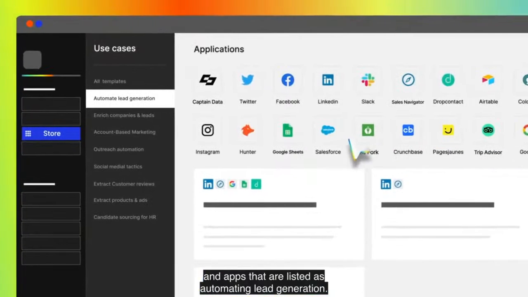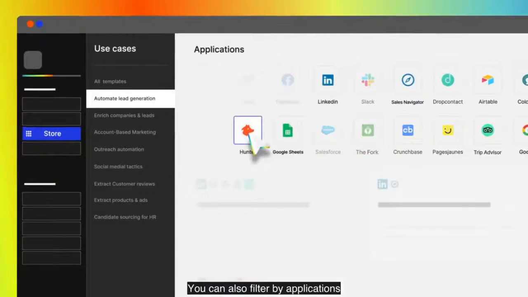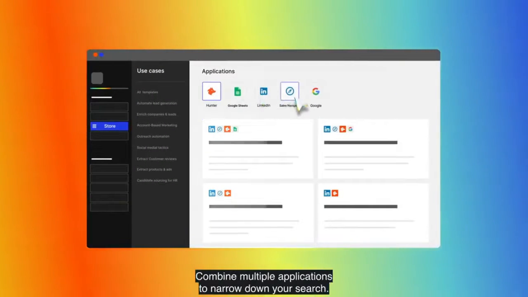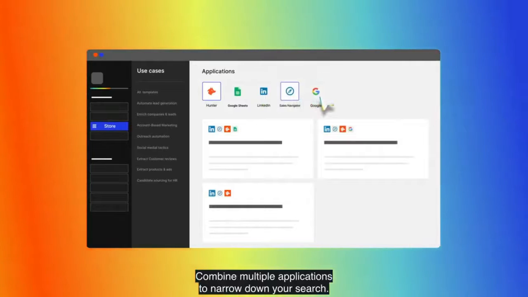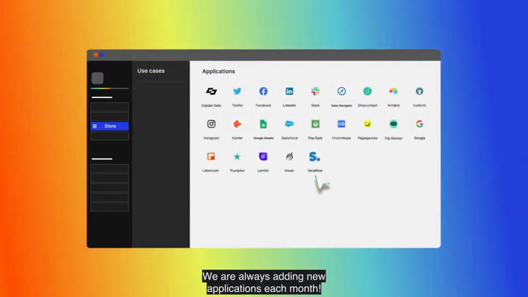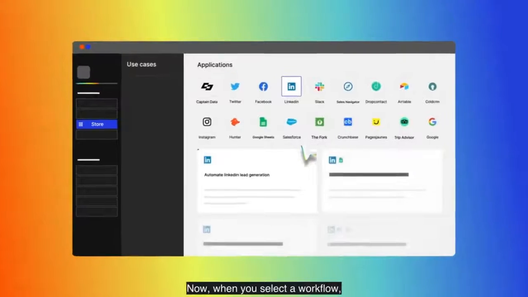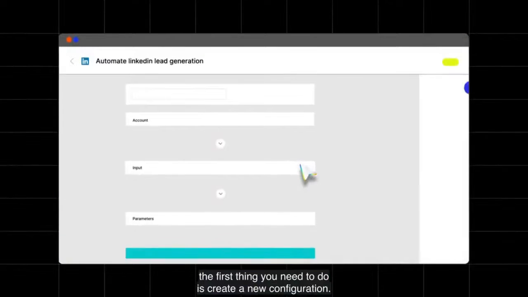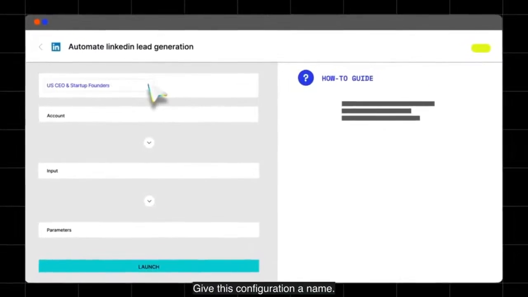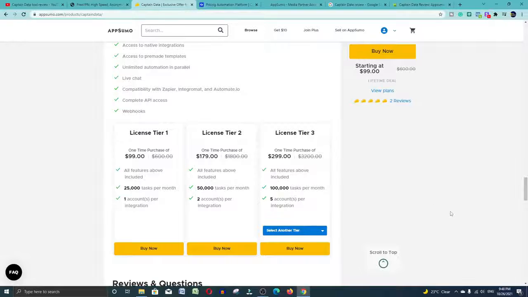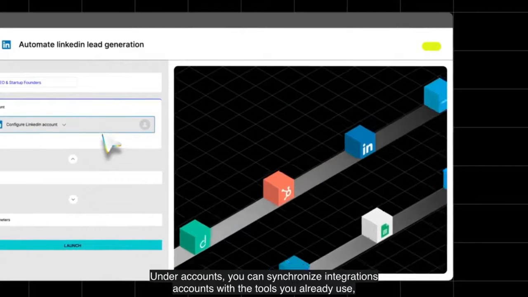And now if you are thinking, do I need to know how to code? If you know how to click on a button, you should be fine. And now in the last, if you ask for a discount, they do offer discounts for early stage startups, referrals and annual plans. But I have already told you about the lifetime deal. If you want to go with the lifetime deal, you can go through AppSumo, where you can buy any of these tier licenses. So that was the tool.